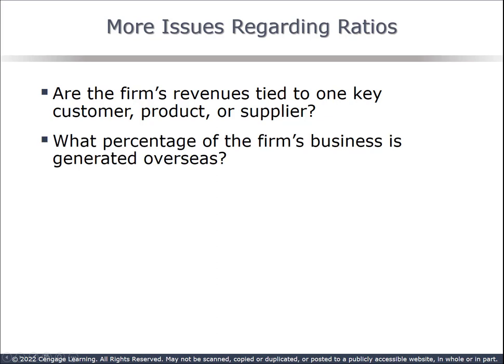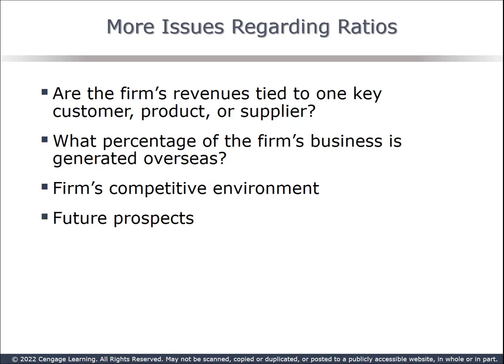Nowadays, most firms either sell overseas or source product or raw materials overseas. This exposes firms to, at the least, exchange rate risk, as well as potential political problems overseas. Warren Buffett has said, if you've got the power to raise prices without losing business to a competitor, you've got a very good business. If you have to have a prayer session before raising the price by 10%, you've got a terrible business.